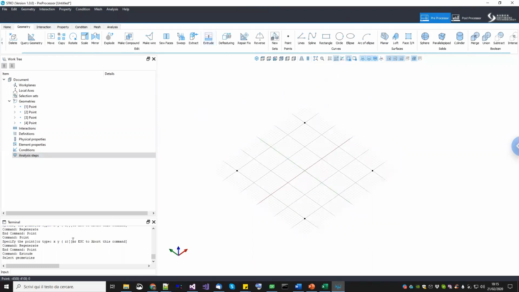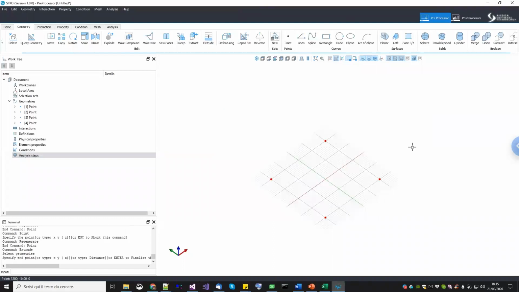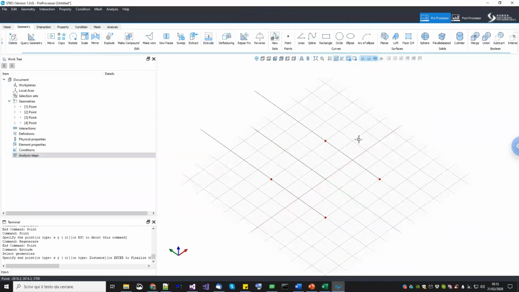You click it, and it says, okay, select the geometries you want to extrude. In STKO, basically, there is just one extrude command that extrudes everything. So if you select vertices, they will be extruded into lines. If you select lines, they will be extruded into surfaces, and surfaces into solids. In this case, we select all the vertices, right-click, then you start moving, and you can see that the extrusion